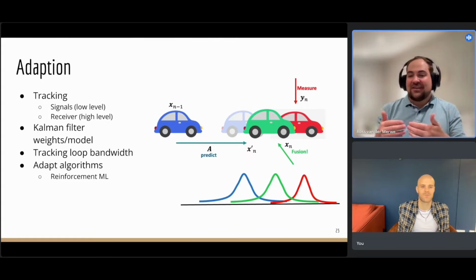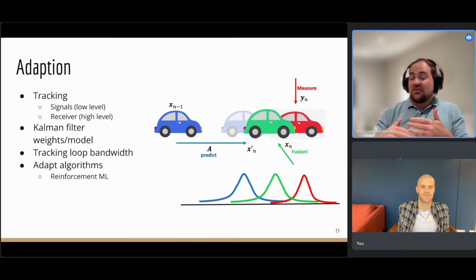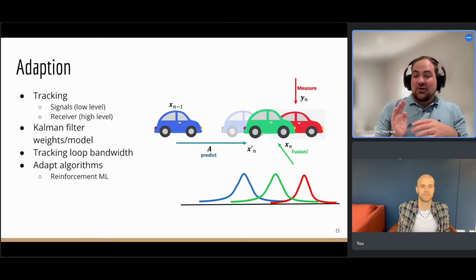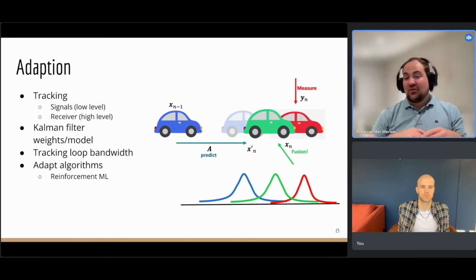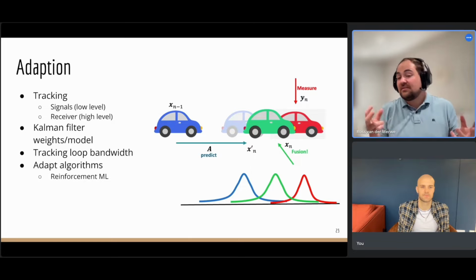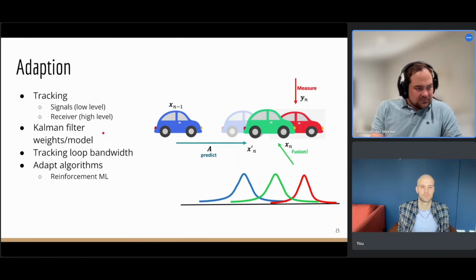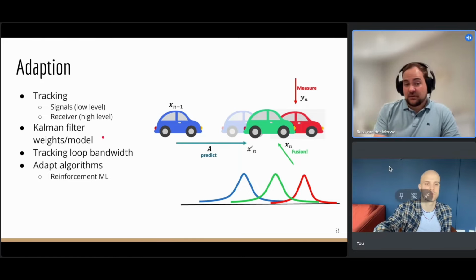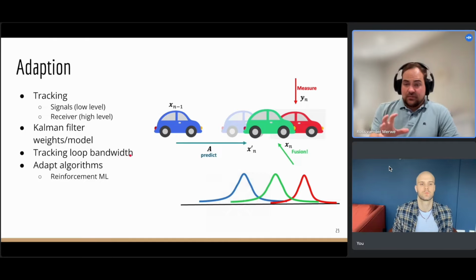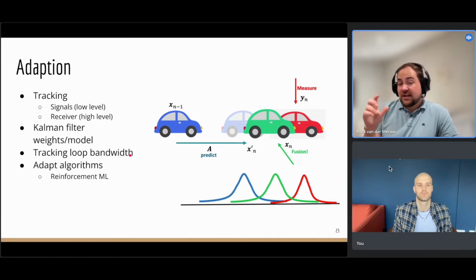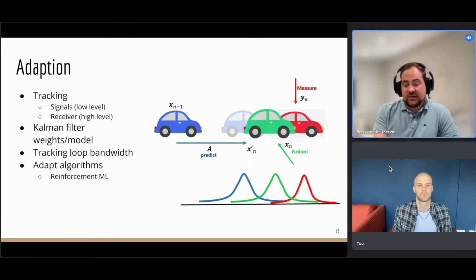But if I'm in a car, I'm predicting I'm accelerating at the same pace I was last second, in the same direction, in the same way, which is good until you get to this corner, and then suddenly your whole model breaks. Absolutely. And can I swap from one model to a different model that maybe considers how to go around a corner? So basically adapting these algorithms are already there, like how can I change my weights, how can I change my model? Similar to the tracking loop, so the equivalent here to adapting the weights in a tracking loop would be doing the loop bandwidth.